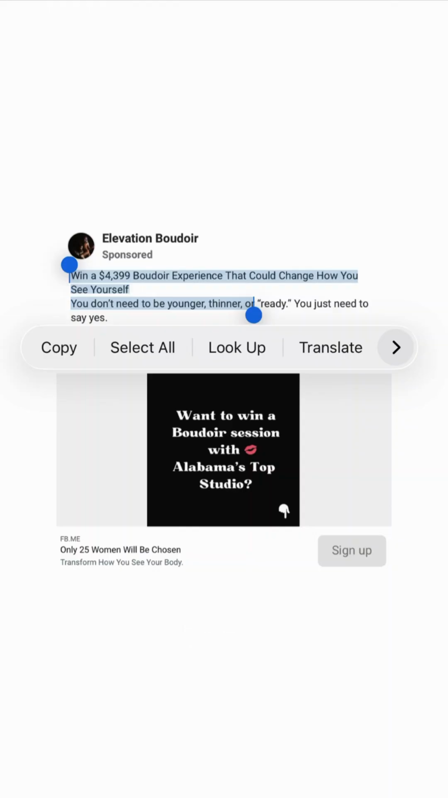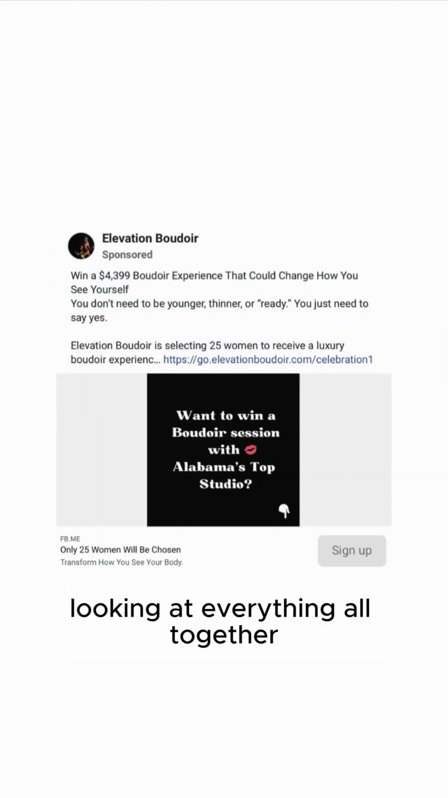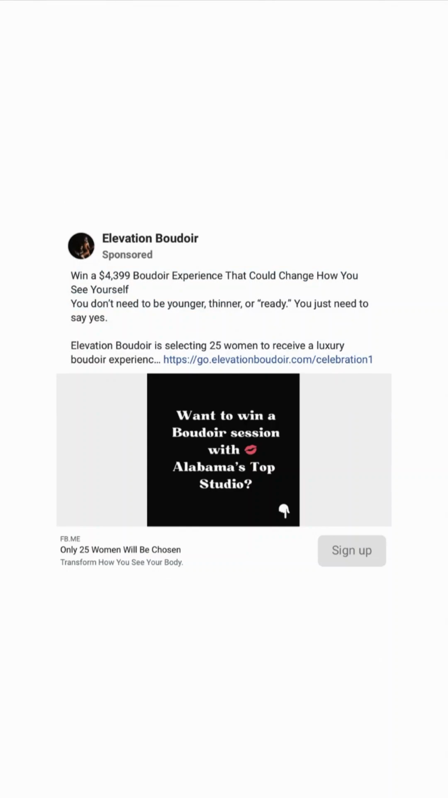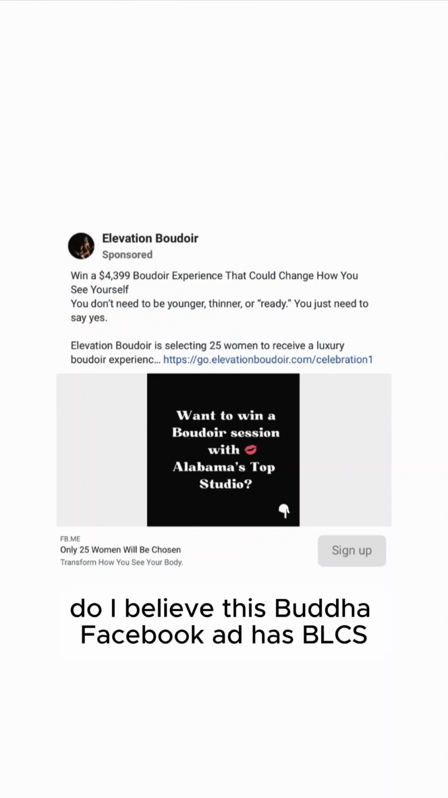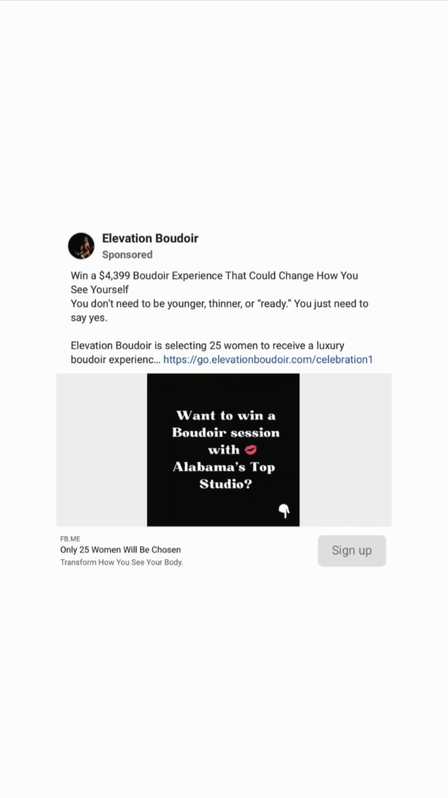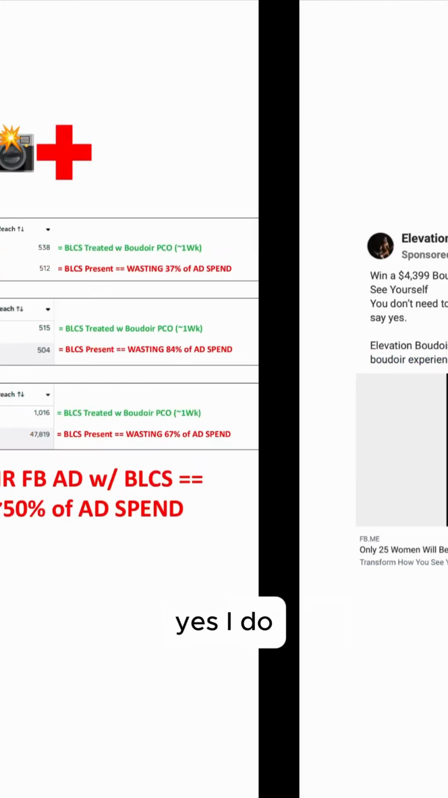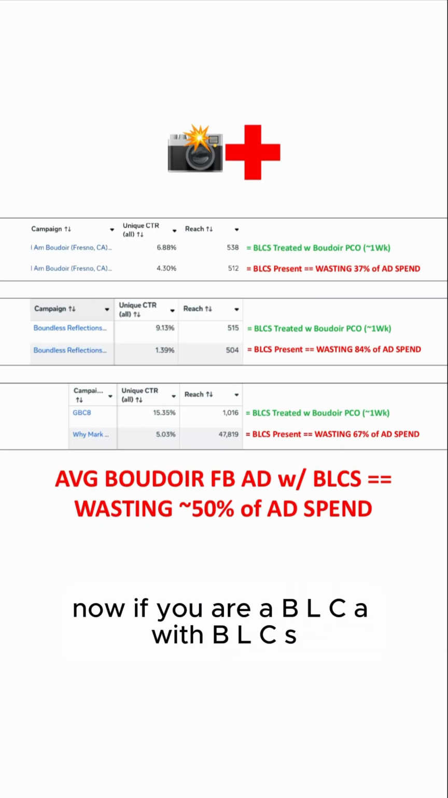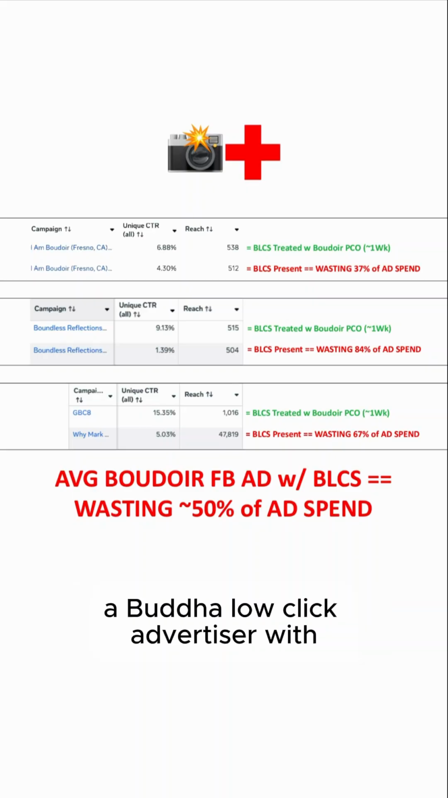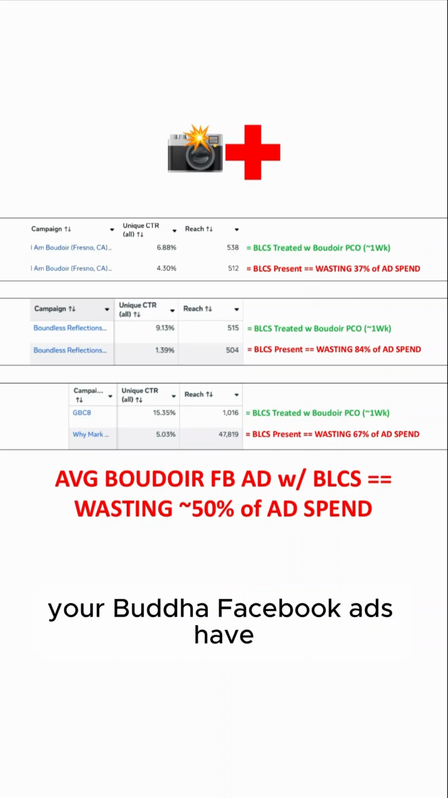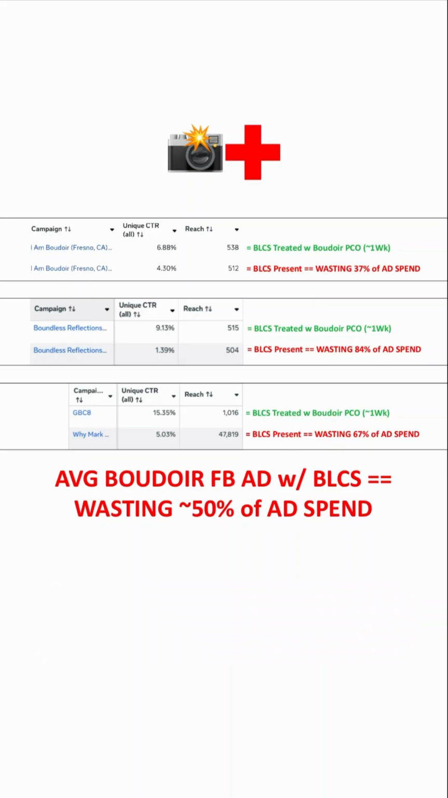Now, looking at everything all together, do I believe this Boudoir Facebook ad has BLCS, has a unique CTR under 6%, has Boudoir low click syndrome? Yes, I do. Now, if you are a BLCA with BLCS, a Boudoir low click advertiser with Boudoir low click syndrome, your Boudoir Facebook ads have a unique CTR under 6%,